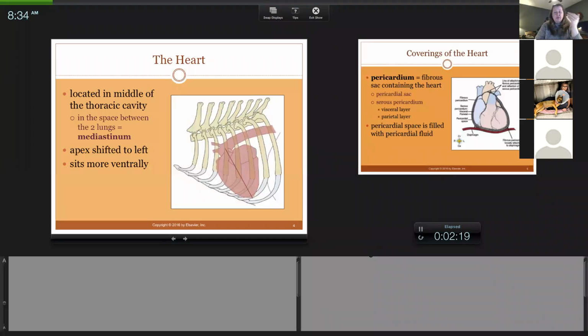Because remember, when you take an x-ray of a dog and you have an abnormal position of the heart, that is one indication of potential heart disease. That changes the axis. If it shifts the axis, which is the location, then we're going to be looking in certain directions.